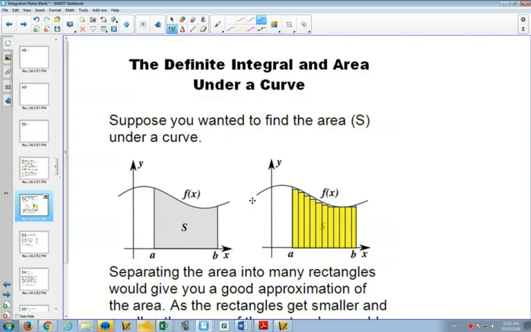So just definition-wise, up till now we've been doing the indefinite integral. The definite integral is when you're looking between two specific points, and it will calculate the area under the curve. So here, in what looks like a sine or a cos graph, if you wanted to find the area between A and B,